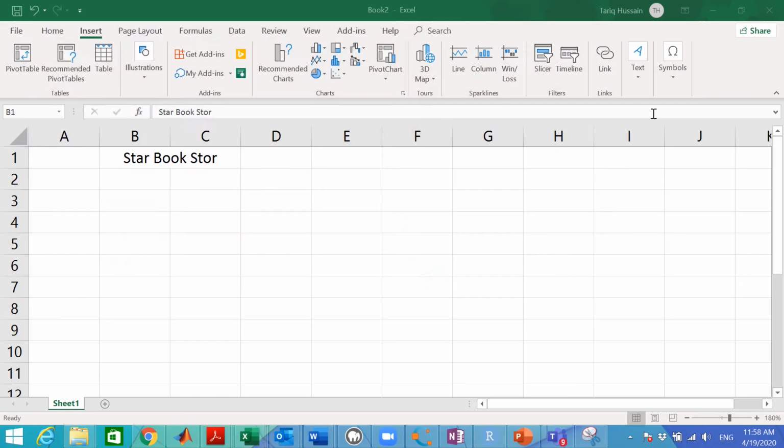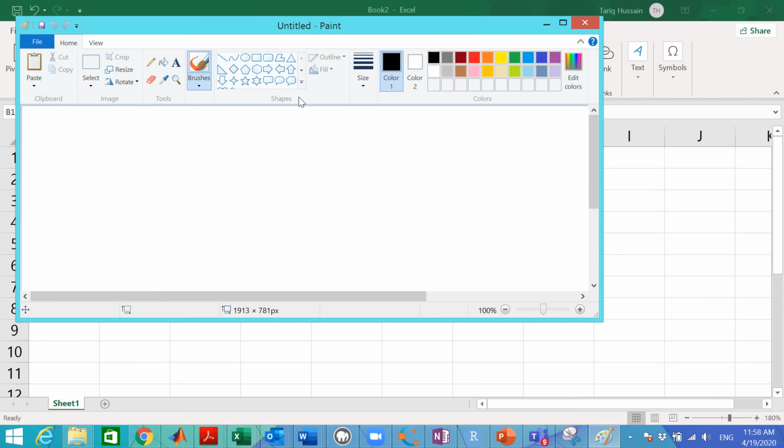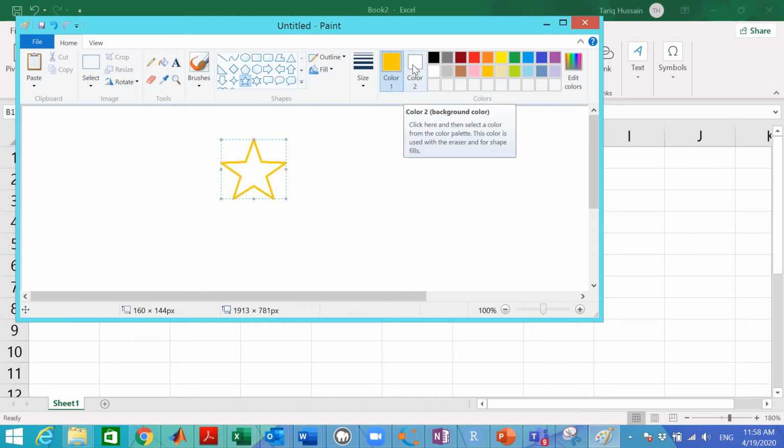Once you open Paint, you can select a star from here, copy and drag it, and fill it with color. The second color, the inside color, is white at the moment, or you can use the paint bucket to put the color inside.